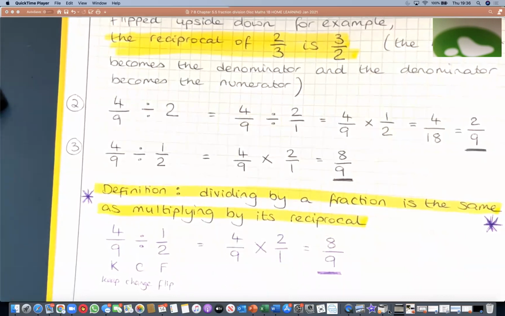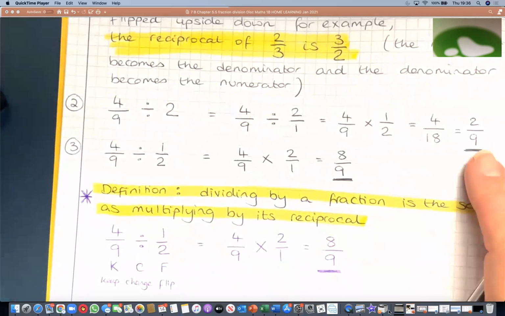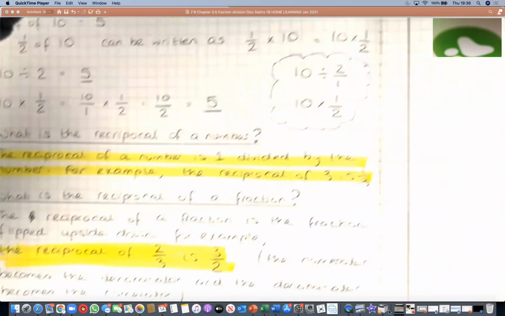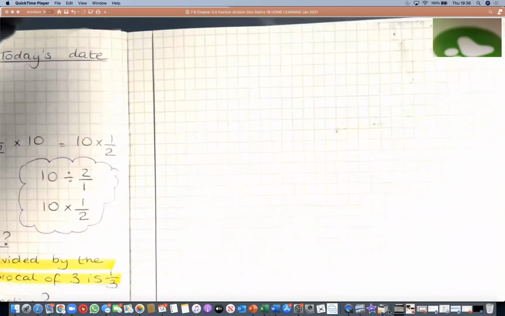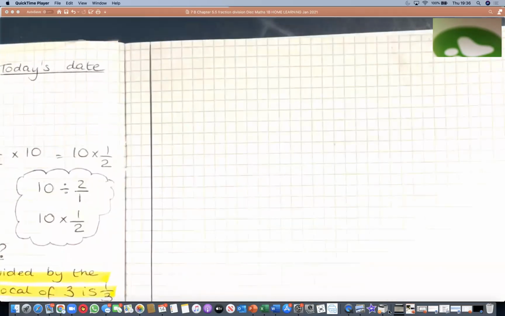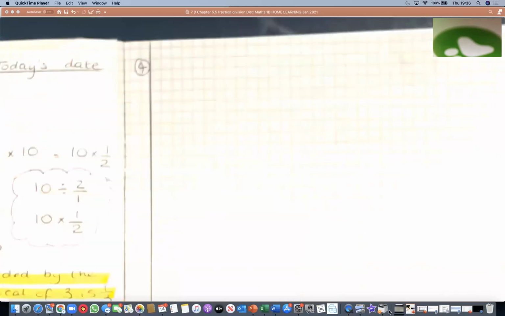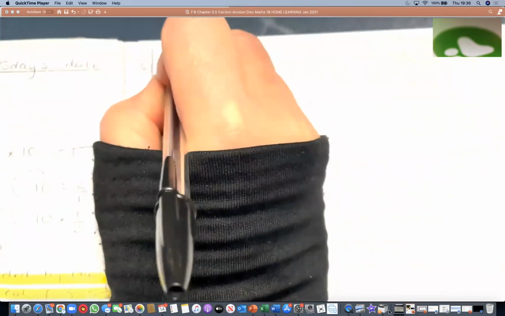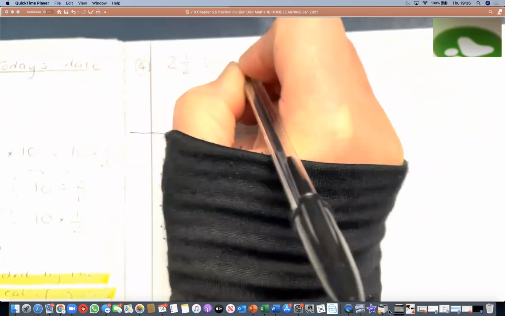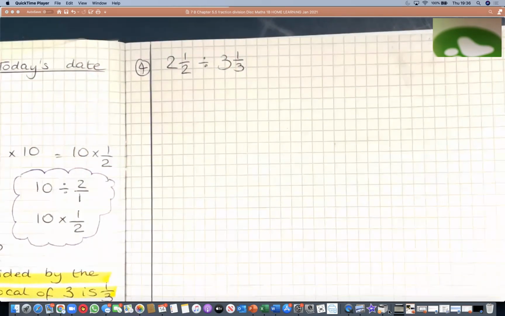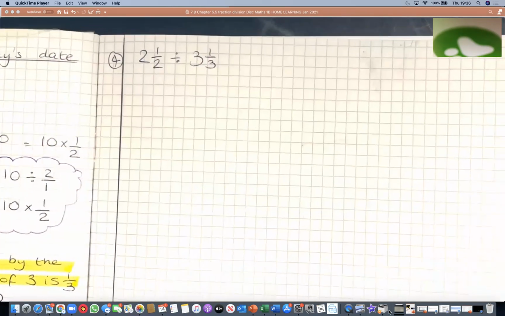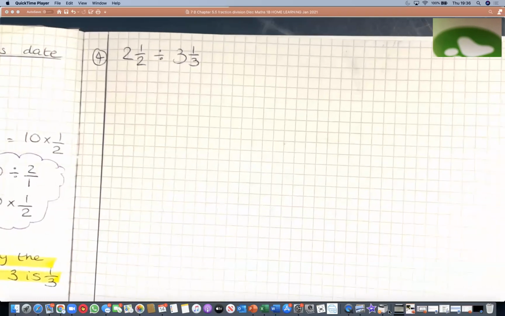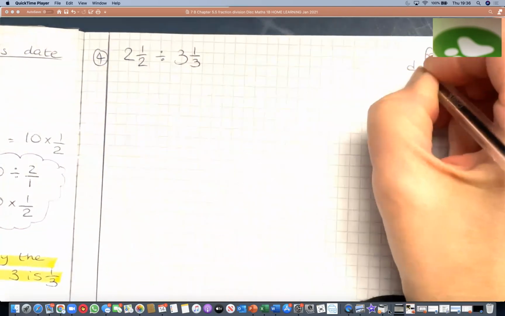Let's do a quick example using mixed numbers now. Okay, so question 4. Our mixed number example, I've got 2 1/2, and I'm dividing it by 3 1/3. Now you'll remember from when we looked at multiplication, we learned how important it was to always convert mixed numbers into improper fractions. We're going to write that down again. For division,